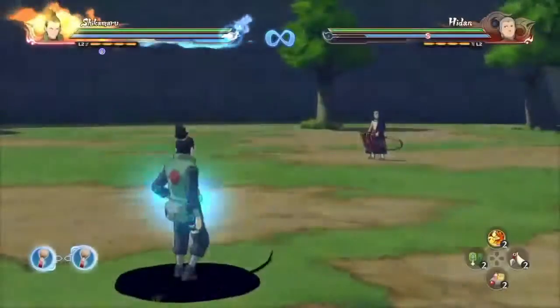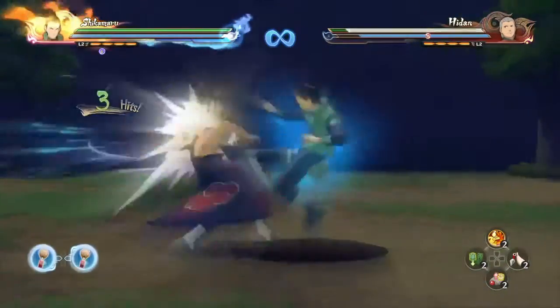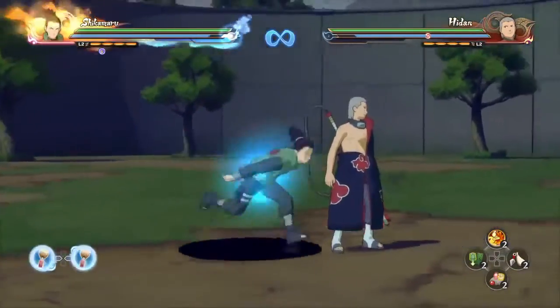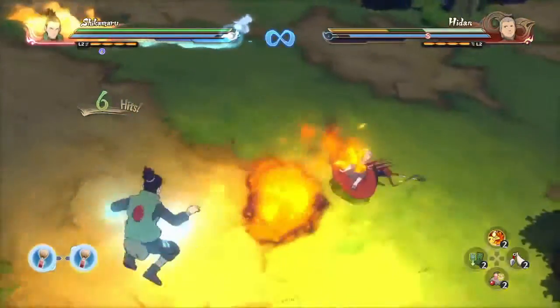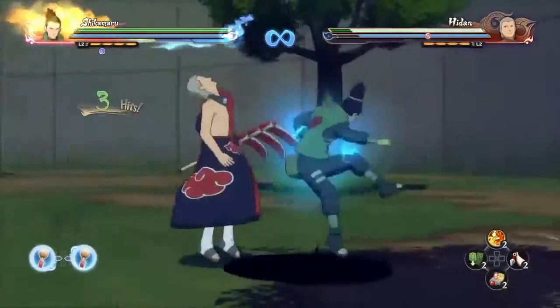Now in his awakening, he does get a slight damage buff. His speed remains the same, still average speed, but he does get a slight damage buff. So his regular attack now does about 20% damage. His upper attack does about 20% damage on the initial hit, but when you chain it to the air combo, you're looking at a pretty good 30 to 35% damage. It's going to do about the same amount of damage as his ultimate jutsu,